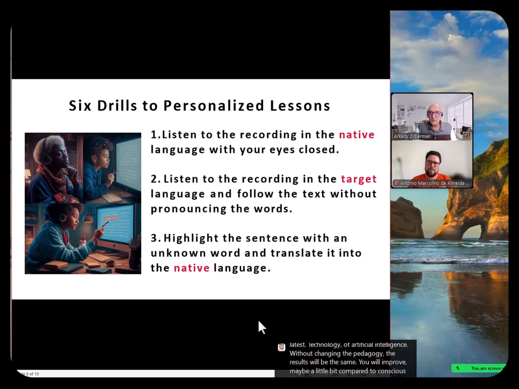But if you compare it with subconscious training, there's no comparison. Why? Because to apply artificial intelligence, first, you have to create personalized lessons. And then you have to use subconscious training, and you have to use